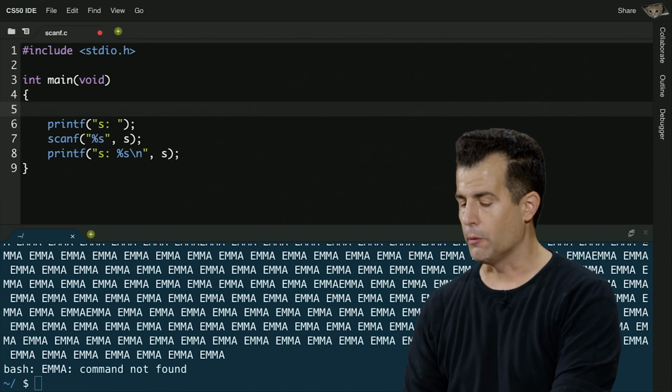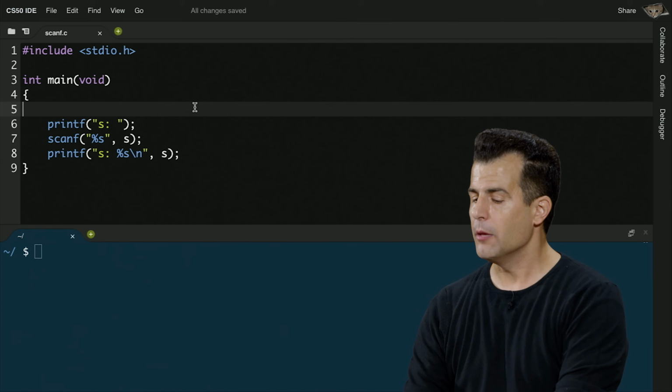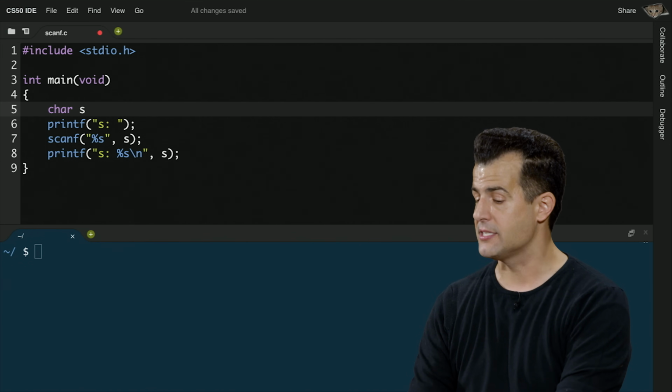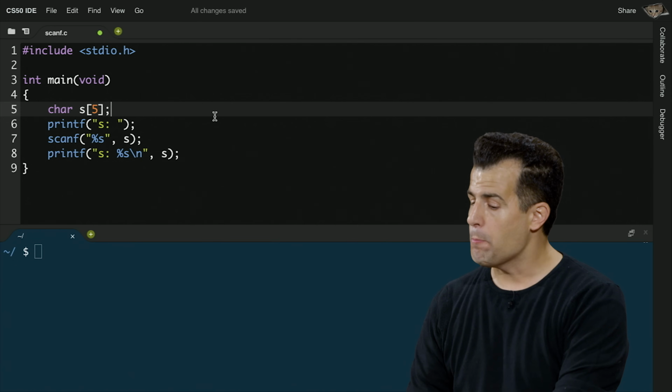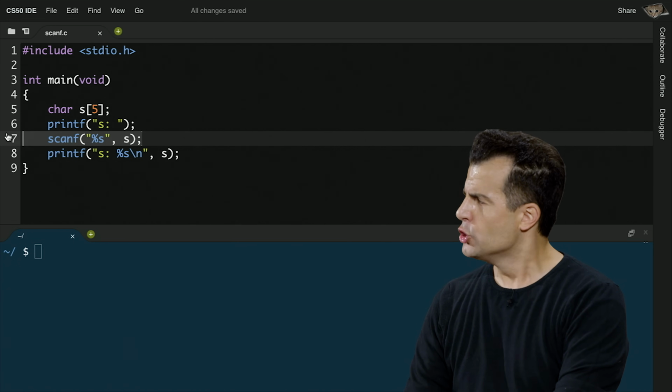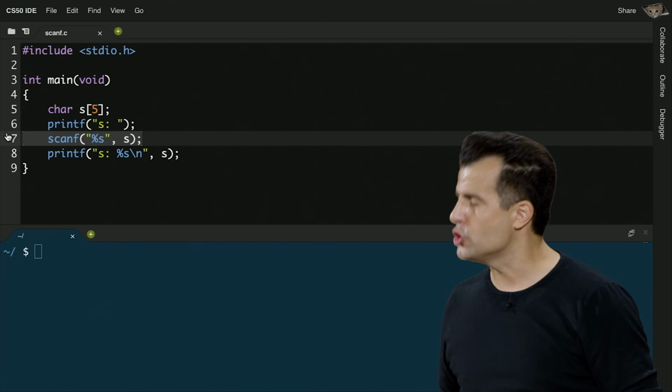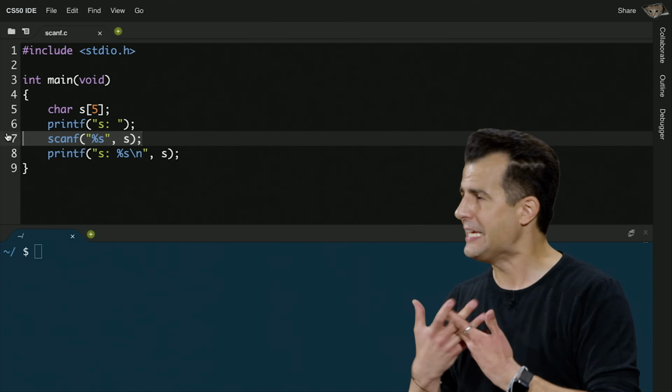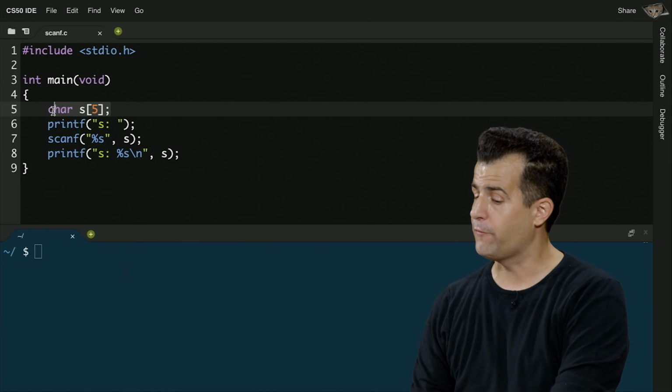So really what I should be doing is something like this. If I know in advance, a little presumptuously, that the human's going to type in Emma, let me go ahead and give myself an array called s of size 5, and then pass this in on line 7. So in short, there's this relationship between arrays and pointers that's sort of been latent throughout today's discussion. An array is just a chunk of memory back to back to back. A string is just a sequence of characters back to back to back. A string is technically an address of the first byte of that memory. And so sort of by transitivity, a pointer can be viewed as the same thing as an array, at least in this context. So let me go ahead and allocate myself an array of 5 characters.